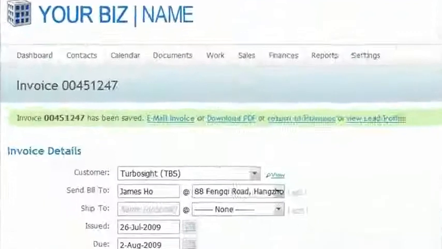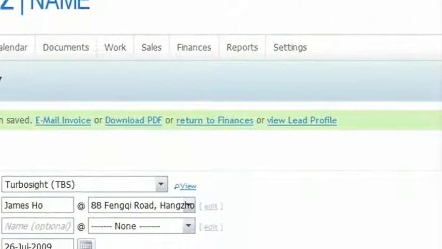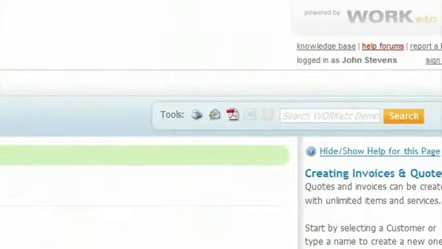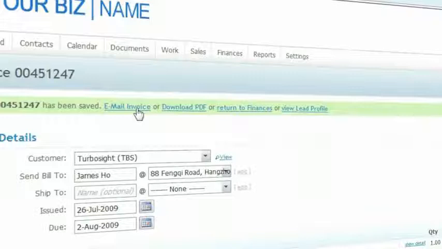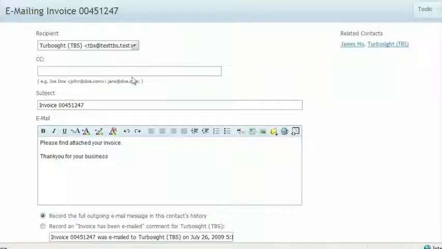There is a set of links which let you email or export as an Acrobat document. You could also use the icons under the toolbar, which also include a print option. Now let's fire it off to the customer. The invoice email is pre-populated for you. You can